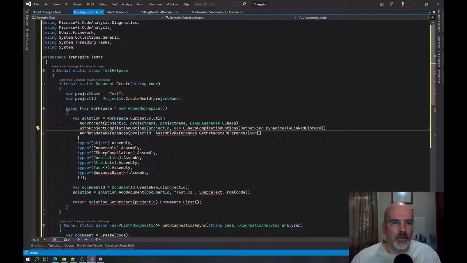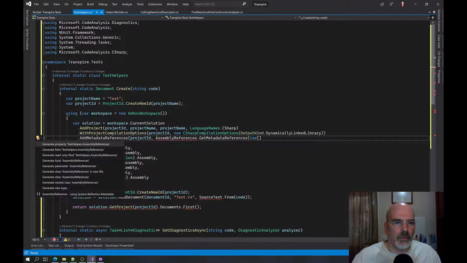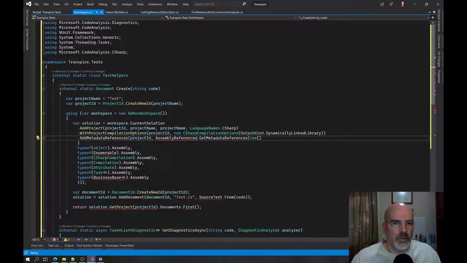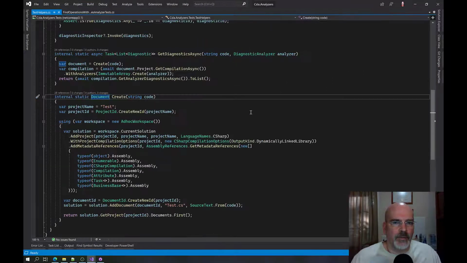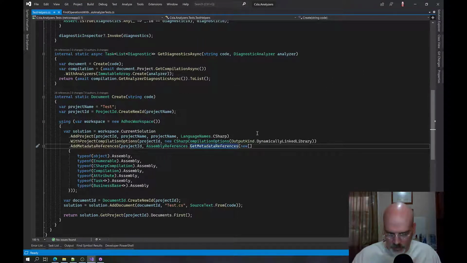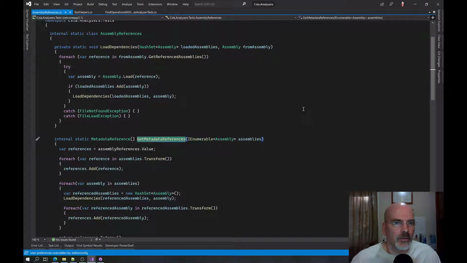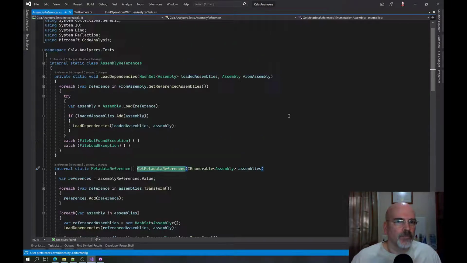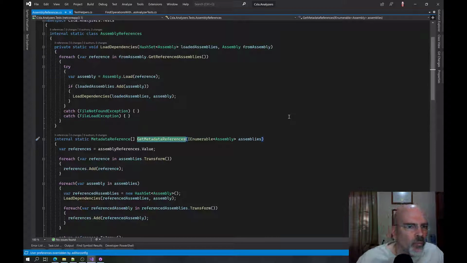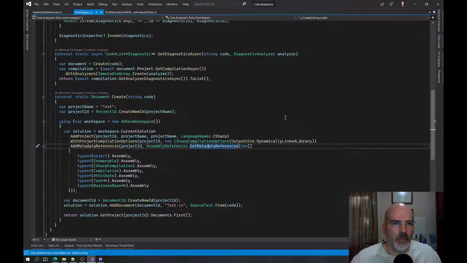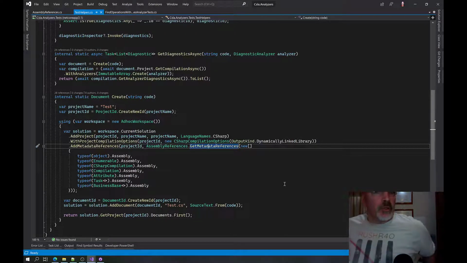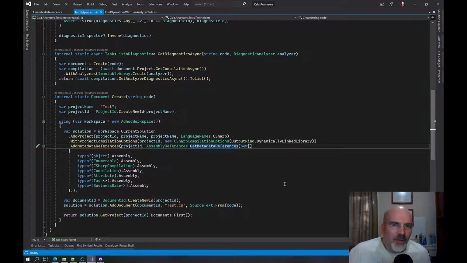Okay, now we need that. We need assembly references. What is that? Give metadata reference. What the heck is that? So I'm basically giving it assemblies to enumerate. Why am I doing all this? Oh, well,